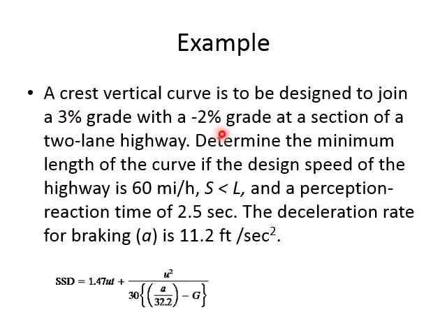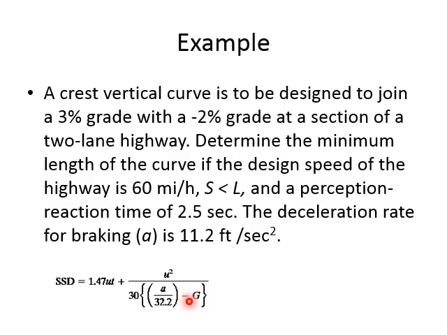So the easier solution would have been to put 2 here, and 2 is already negative, so the minus sign will remain. But the point is, on a highway you have two directions. So if one direction is having a positive 3%, then the other direction will have negative 3%. So both these gradients have a positive side and a negative side. So you can put 3% here as well and the negative sign can remain as it is. So I will put 0.03 as G here and the minus sign will remain as it is.